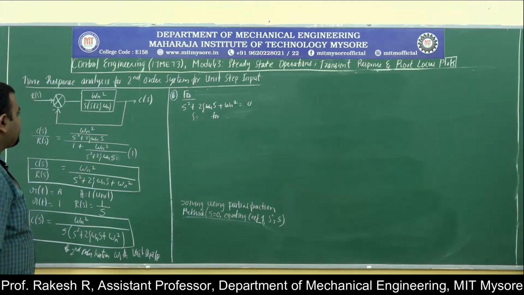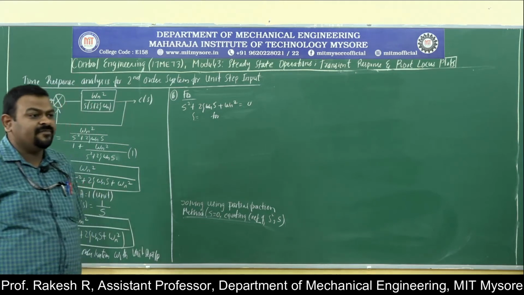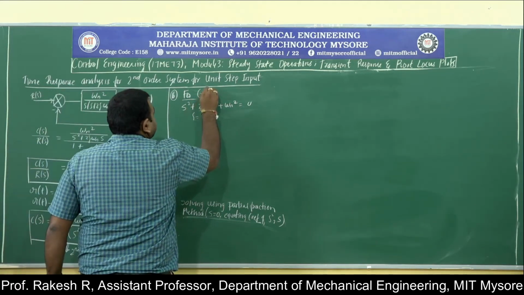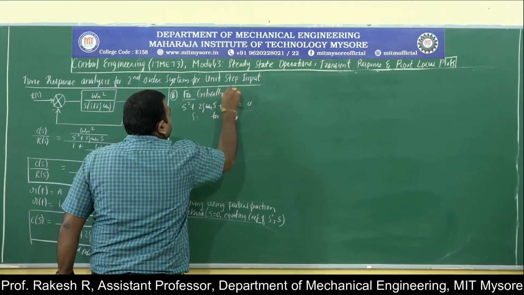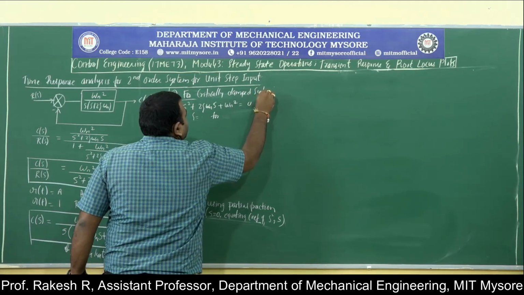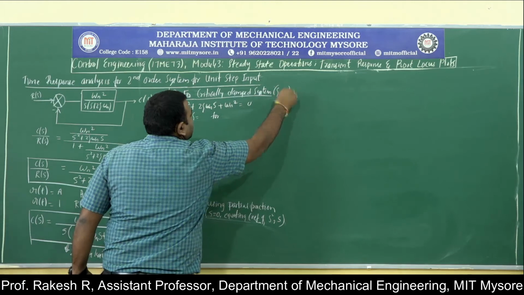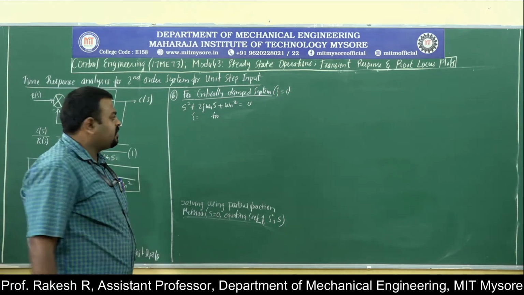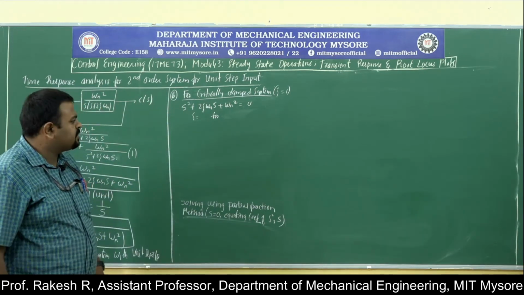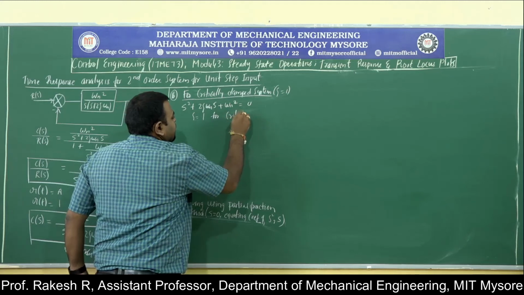So the next case, the time response analysis for the second order system for unit step input, is the critically damped system. So here zeta will be equal to 1. The condition here will be that roots are real and equal. Let us check. If you give zeta equal to 1 because it is critically damped,